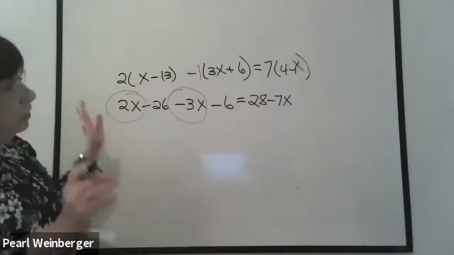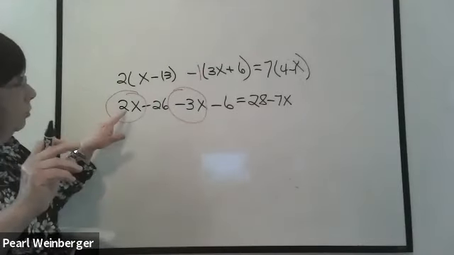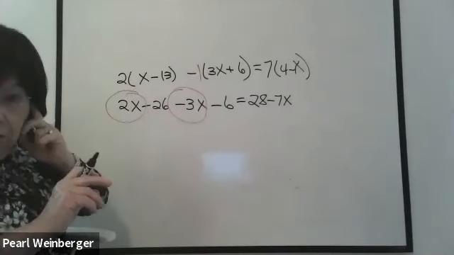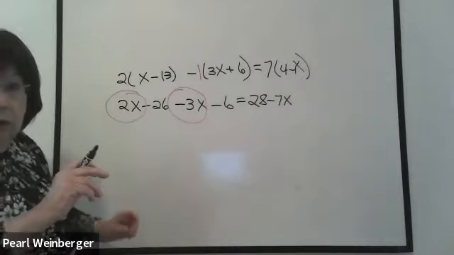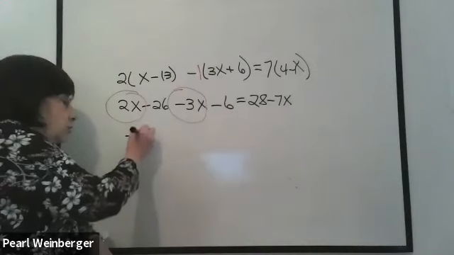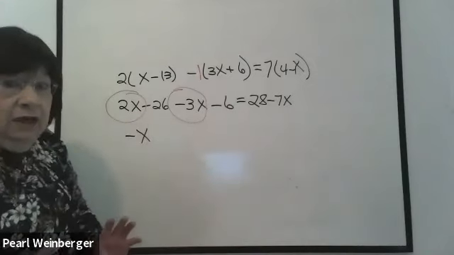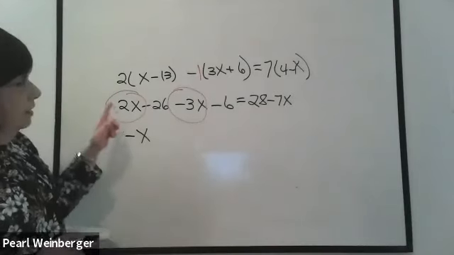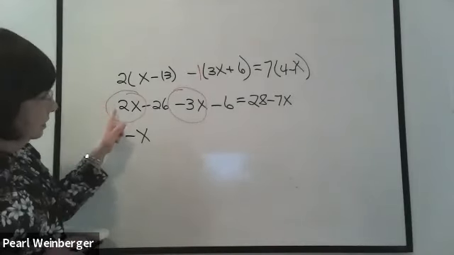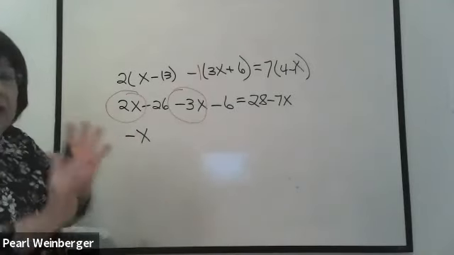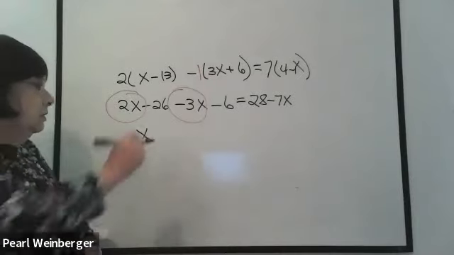Now, I always like to combine the like terms. Now, what do I get when I add a 2x and a -3x? -1. Right, that's a -1x. I can either write it as -1x or just as plain -x. Either way is completely correct. It's perfectly okay to say -1x because that's what it is, but usually when there's a 1 in front of an x, we just write x.